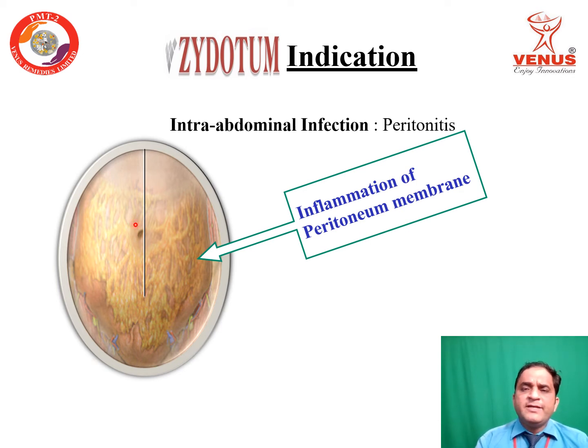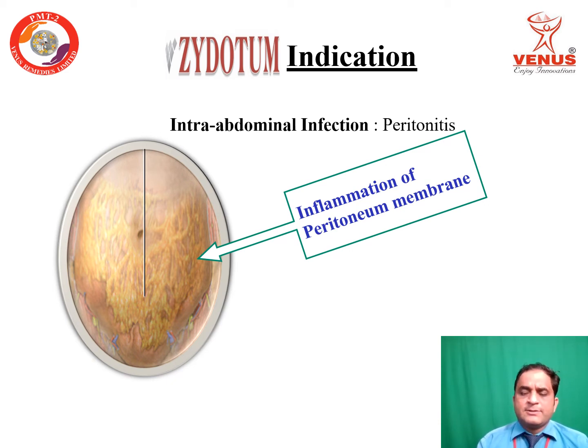The first one is peritonitis. Peritonitis means inflammation of the peritoneum membrane. The peritoneum is a membrane beneath our stomach skin, and if this membrane has any inflammation or infection,